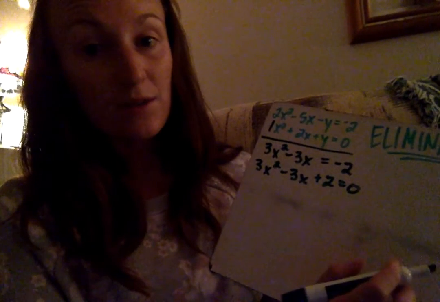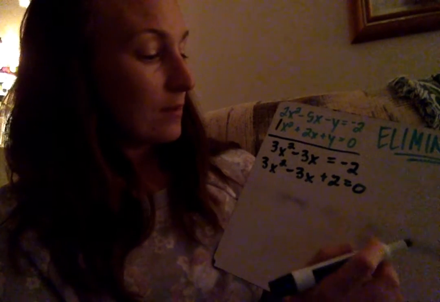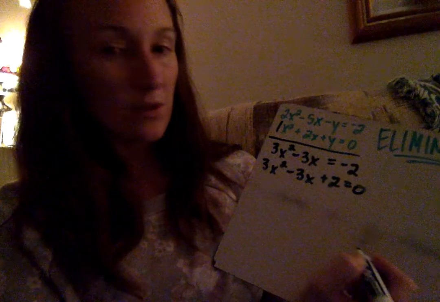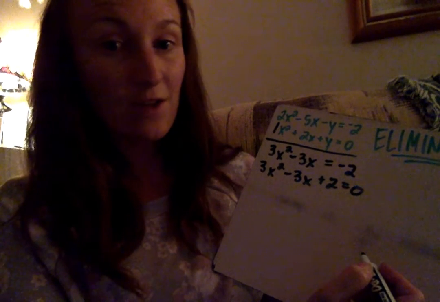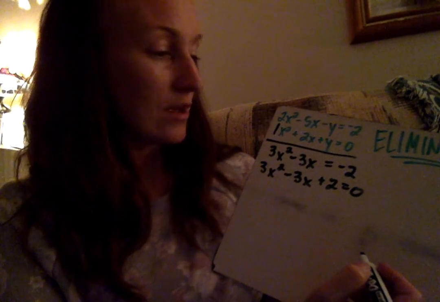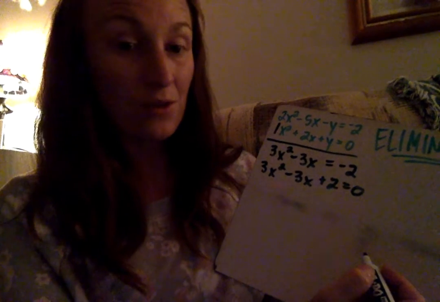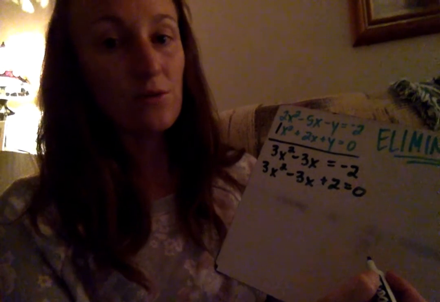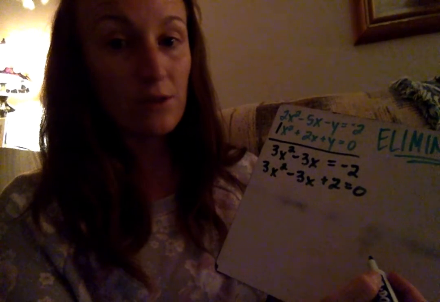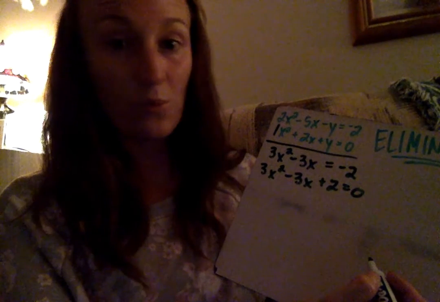Remember all those different methods I taught you. Umbrella method might be kind of funky with this one because my numbers are large. I have leading coefficients here. Complete the square, I really don't want to have to divide by 3 and have all these fractions. So I'm going to go straight to the quadratic formula because, remember, it doesn't matter what your coefficients